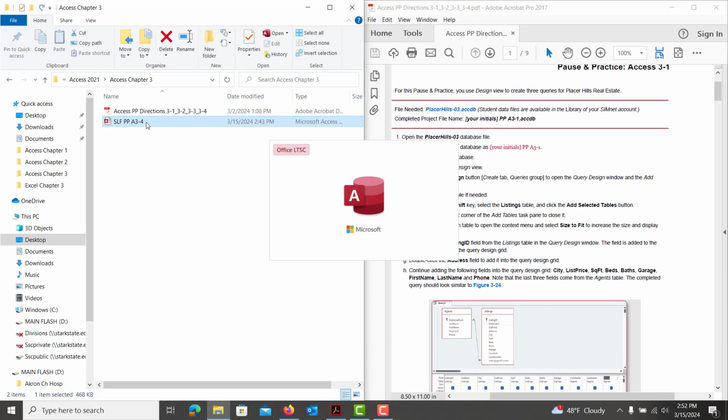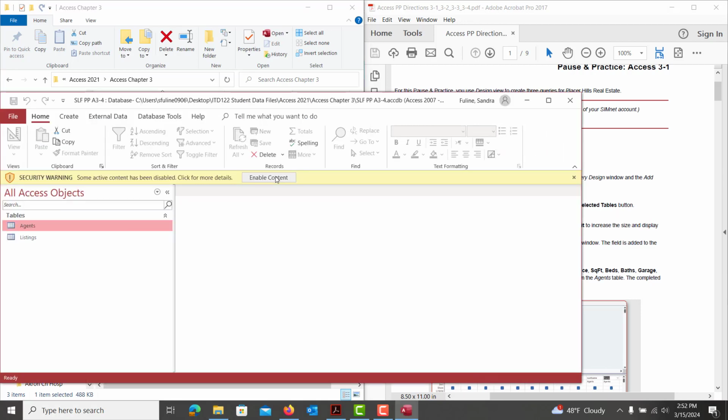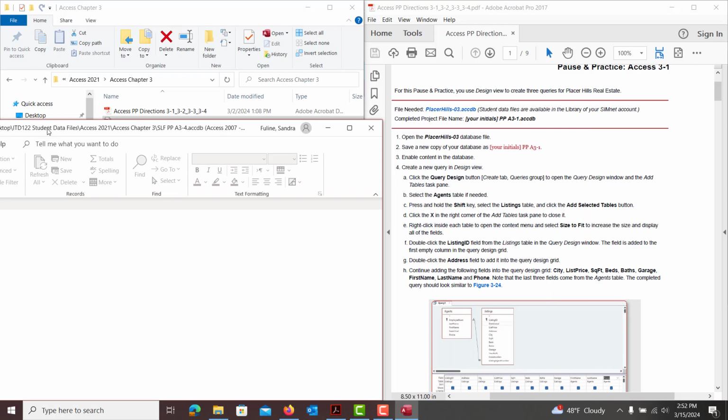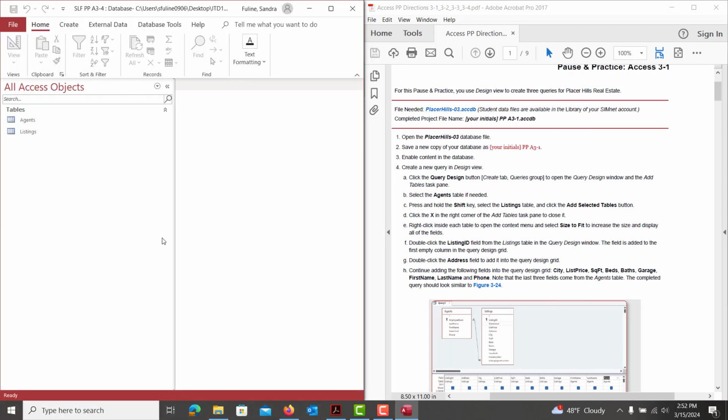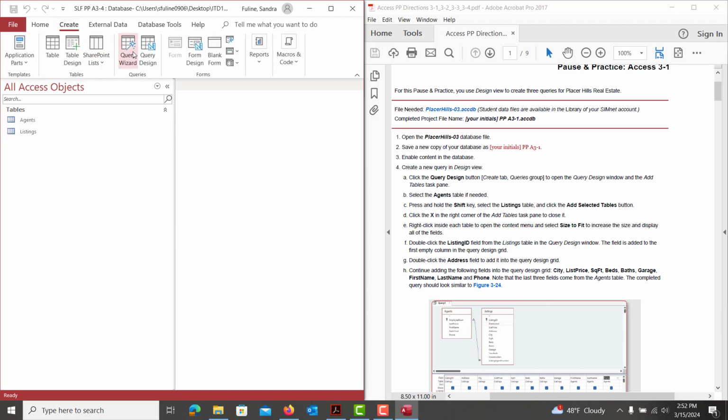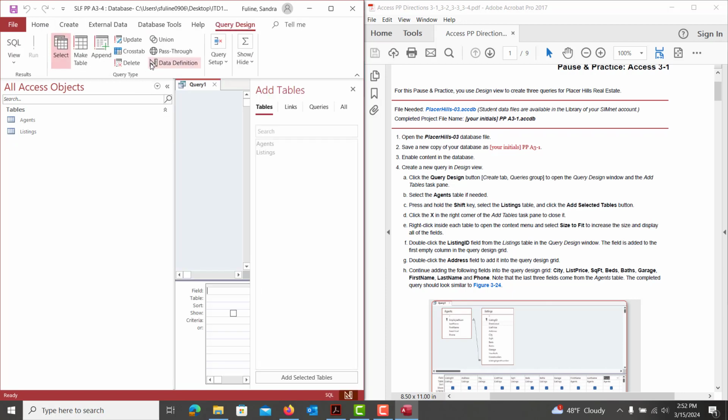Once the file is opened up, you're going to want to go ahead and enable editing or enable content if you need to. And from here, our first step is to create a query. So we are now moving from tables into queries. Queries are basically questions that we are asking the database to find the answers by pulling specific information from these tables. So we're going to go up to create, and we are going to hit query design, and we are